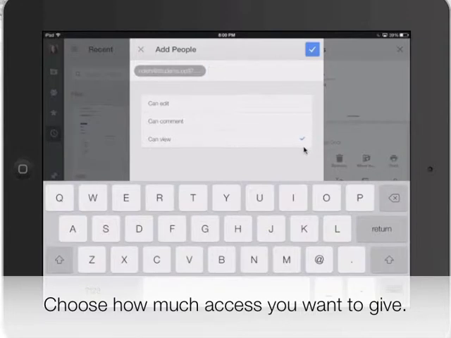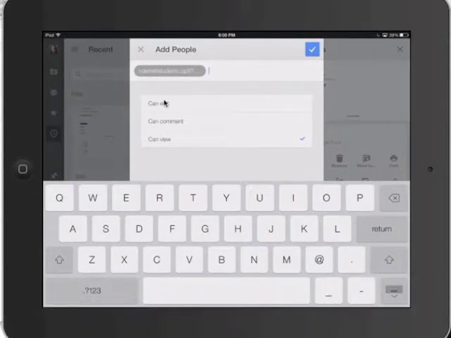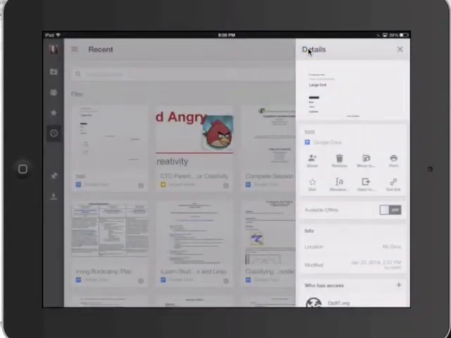So for this particular document, I'm going to give the person who I'm sharing it with full access. I'm going to let them edit it. So I'll touch can edit. When I'm ready to share, I'll touch the blue check mark. And I've shared it with that person. Now I'm going to click out of all these document details and click on the X. And the next time that I look under the i for this document,